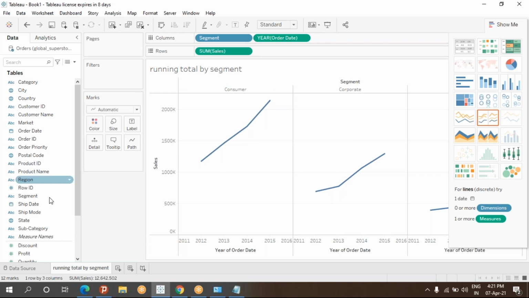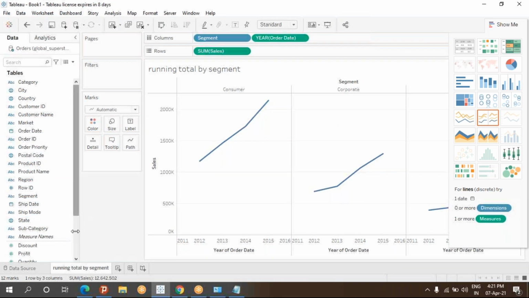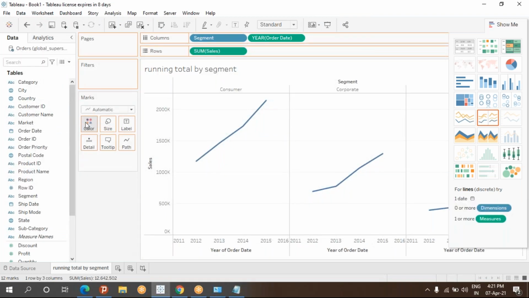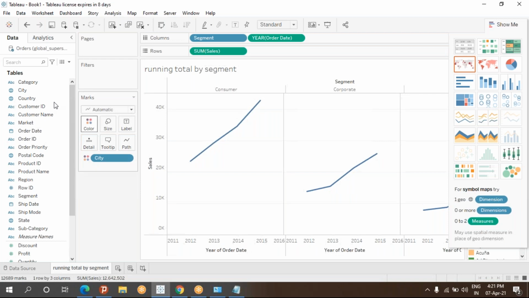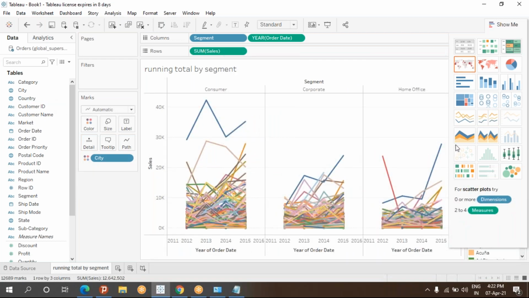So now based on category, let me take category wise. I will drag it into colors, so that will be highlighting, it will be easy. And on the right side, you take this view.